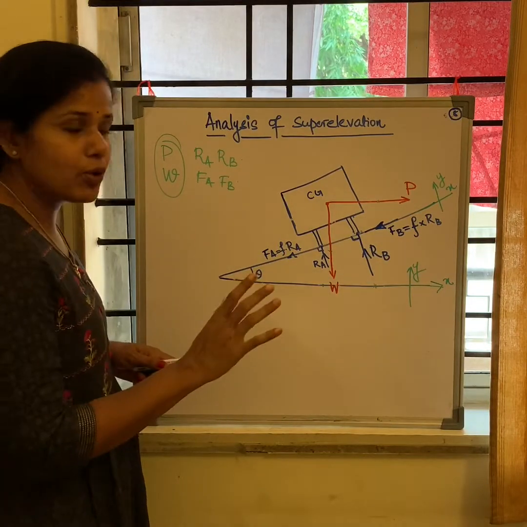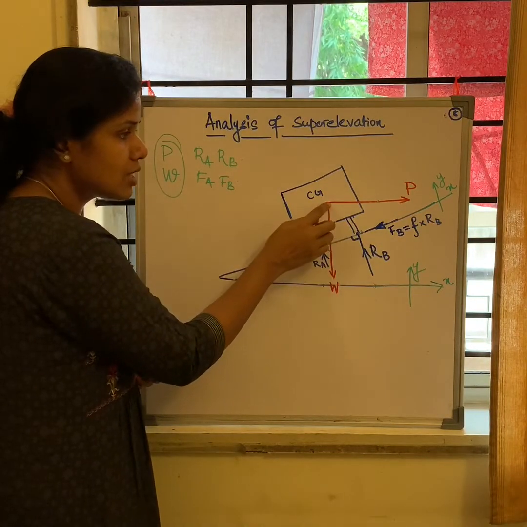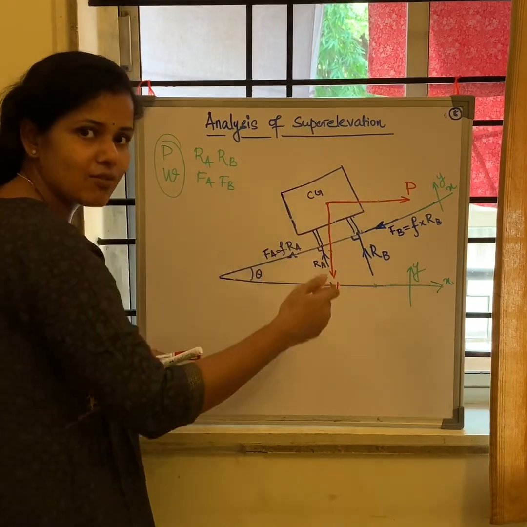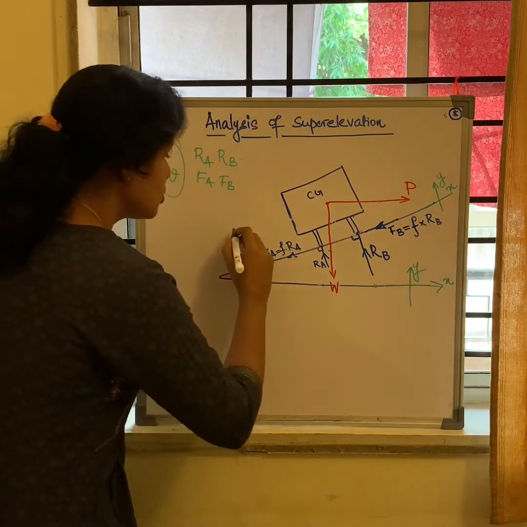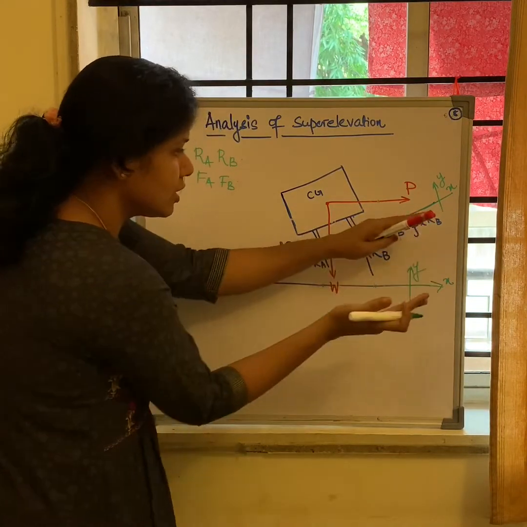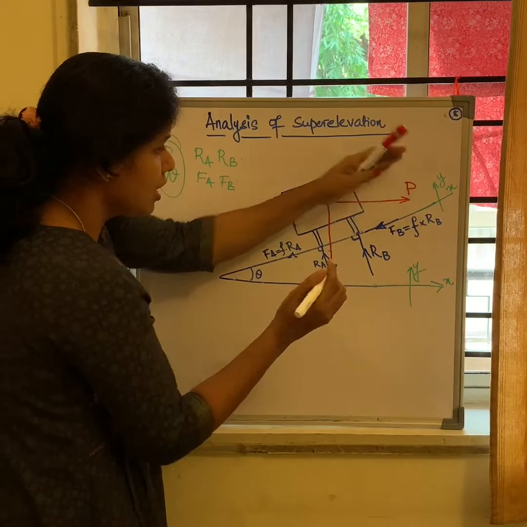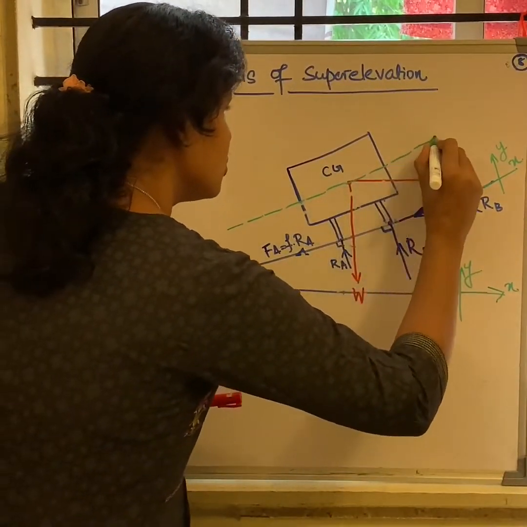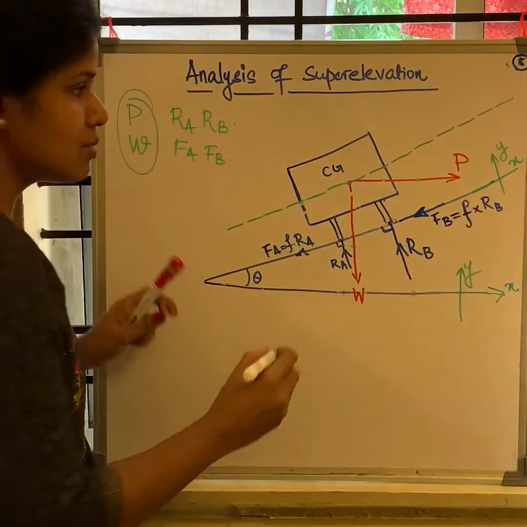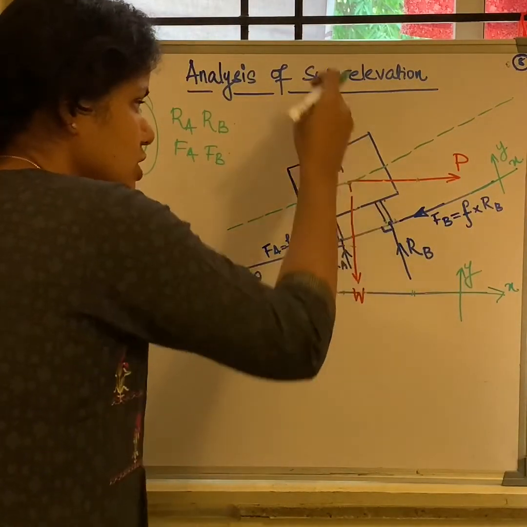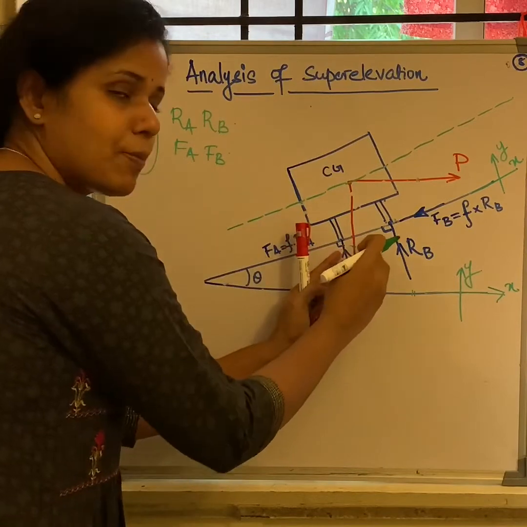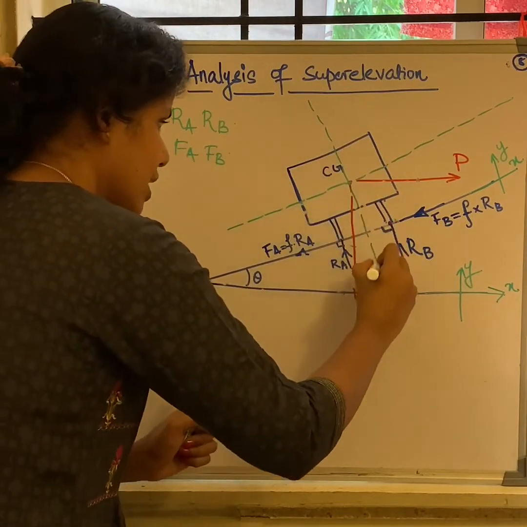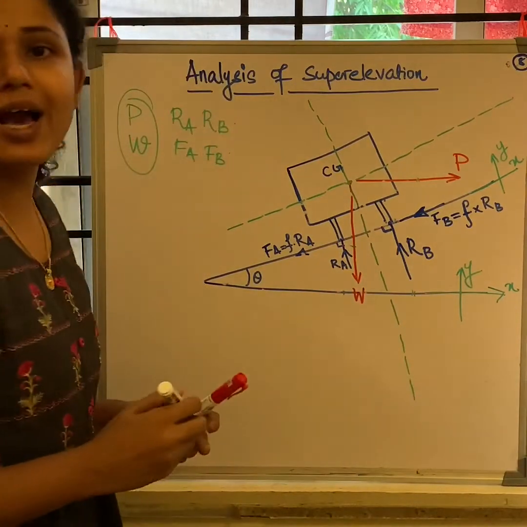So first what I am going to do is mark the inclined surface x-axis and y-axis through the center of gravity. I know that this is the inclined surface, so I am just drawing a parallel line for your better understanding. So this is the x-axis. Similarly the y-axis, which is perpendicular, or in other words, parallel to the reaction. So I am just marking the y-axis. This is my axis of reference.